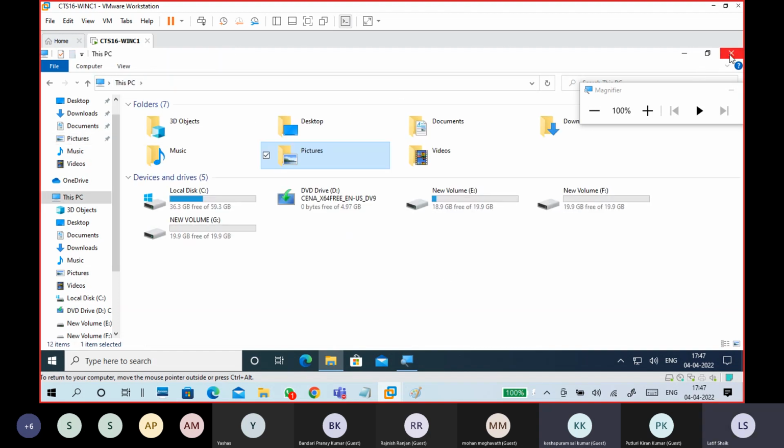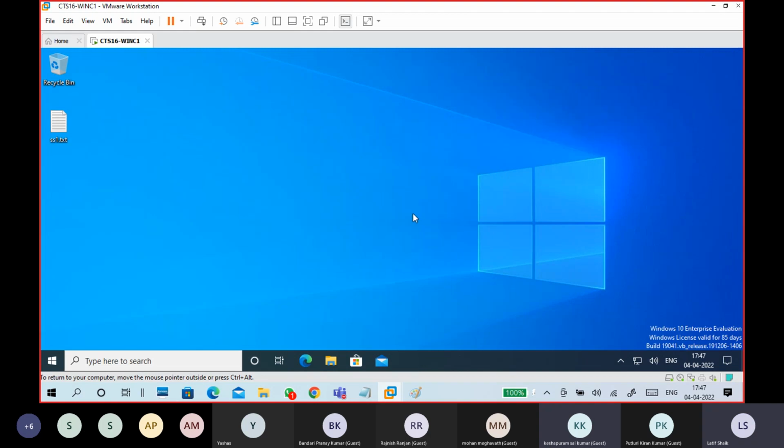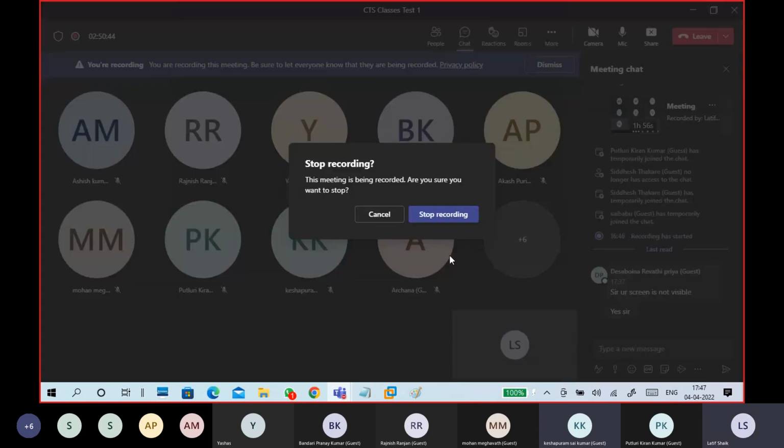Okay, so that's two things I completed. One is encryption. Second one is compression. Next one is